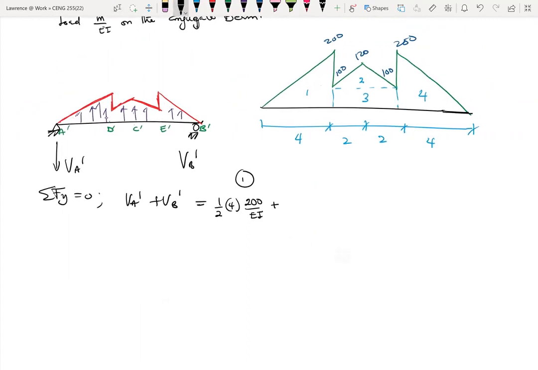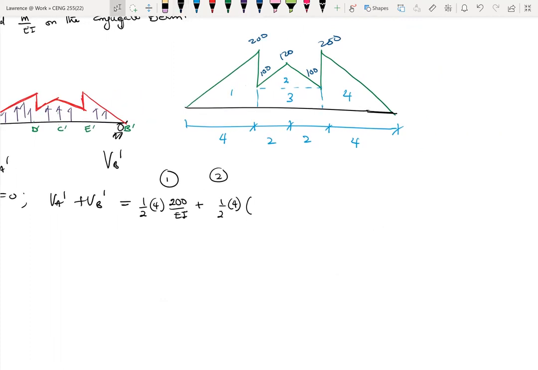plus second right triangle. Again, half, the base is 4, the height is, so here the height should not be 120. If you take the right triangle into consideration, the actual height of the triangle, this height over here, is 20, right? It's 100 minus 120, becomes 20. So I'll put that in here, 120 minus 100, so that at least we see what goes on. Then